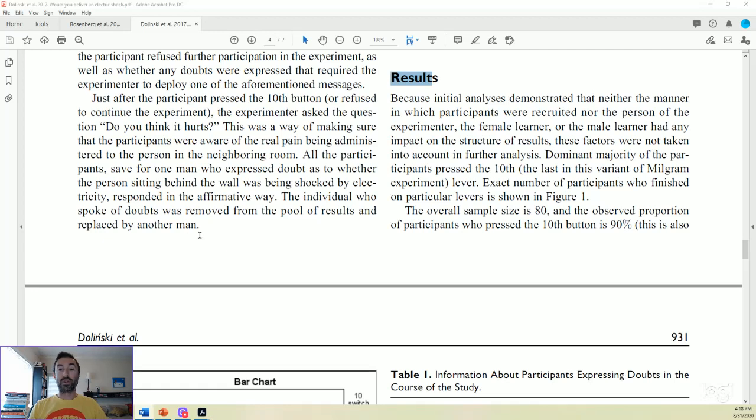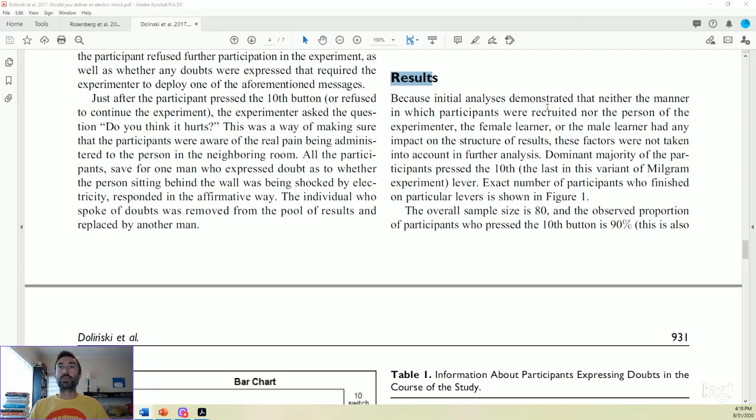What did they find? They found that 90% of participants pulled all 10 switches. But look at what variables they say had no significant effect in the study. That's the beginning, this first paragraph here. The first sentence: because initial analyses demonstrated that neither the manner in which participants were recruited, so it didn't matter if they were pulled off the street or if they're the friend of a friend,